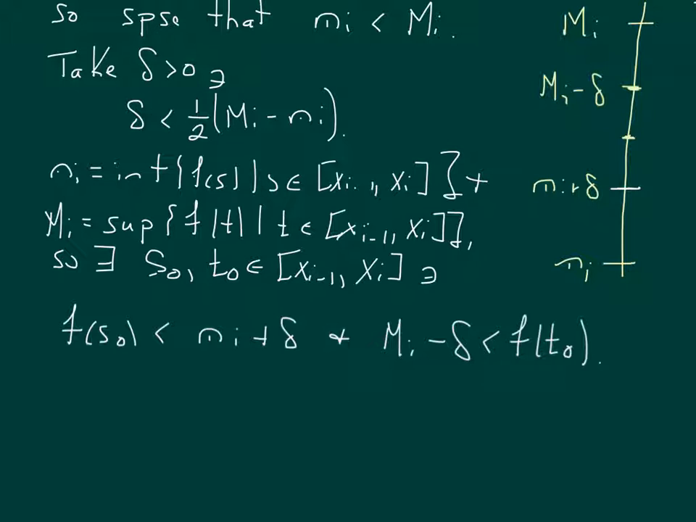So our f of s0 is sitting somewhere over here, and our f of t0 is sitting somewhere up here. And, as noted before, because of how we chose our delta up here, let's call this star, this little m sub i plus delta is strictly less than capital M sub i minus delta. And that's from this little restriction that we put on our delta. So let's write that down. So from star,